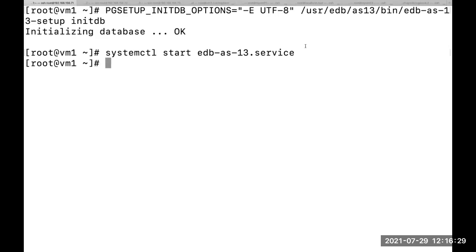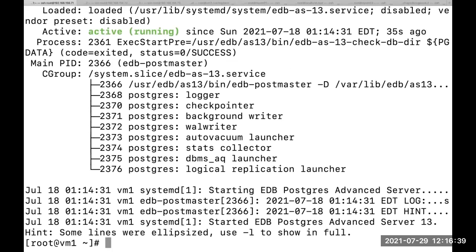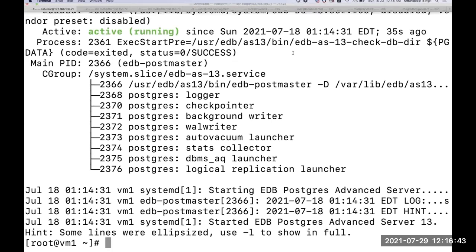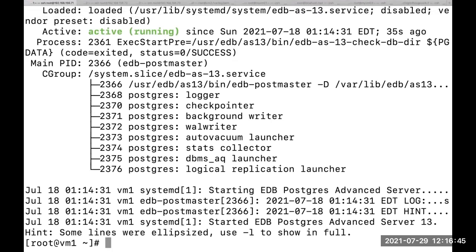So now our database is up and running. To check the status, run the systemctl command. It is showing as active. Also, we can log in to the database,